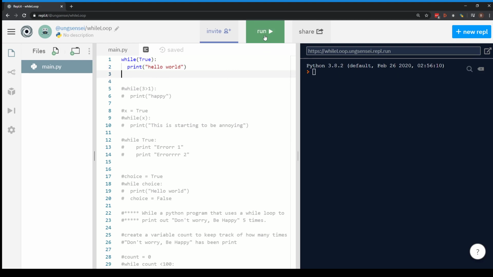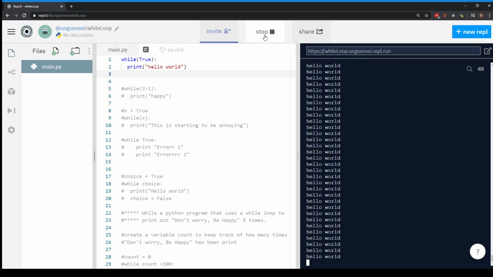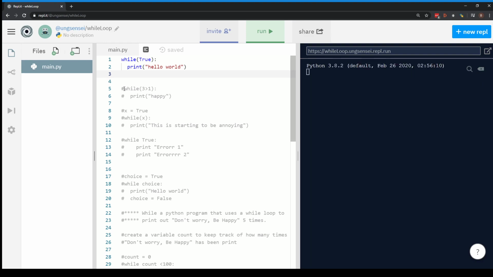So if I click on run, it keeps on printing hello world and it goes on forever. All right, so I want to stop that. All right, so that's the while loop. So here's another way of getting a while loop to run. So while 3 is greater than 1, so the condition here is true, right? 3 is greater than 1, so print happy. So if I run that,